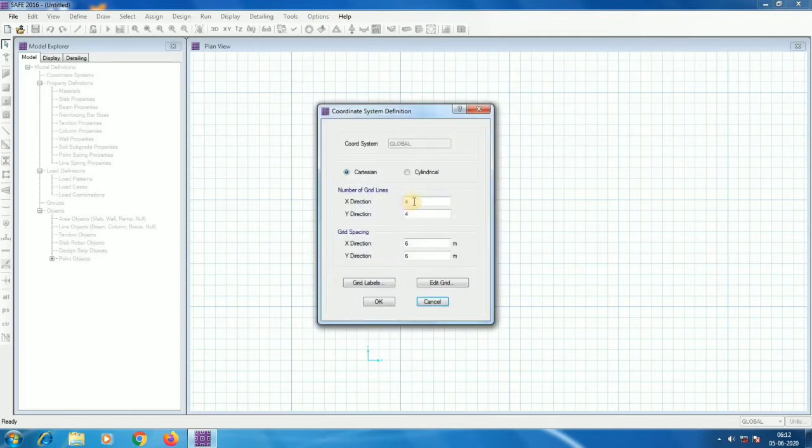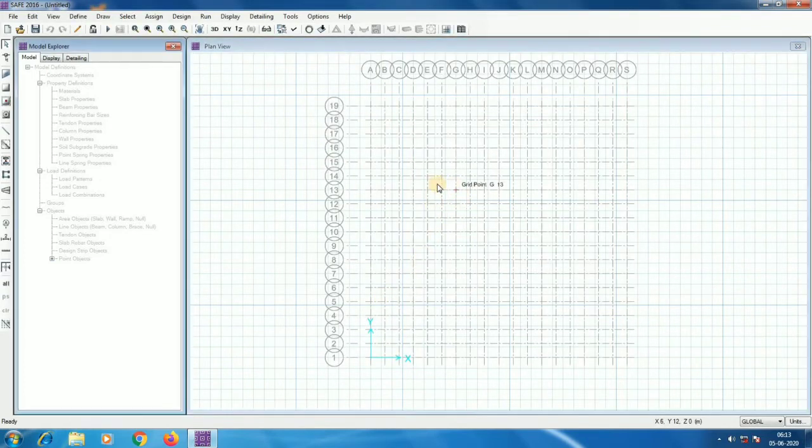We will first draw the slab of building plan and then extend it equally on all sides to make the footing. The building slab is of 18 by 18 meter dimensions. Since we are making it using grids, we will need 19 grid lines in both x and y directions with a spacing of 1 meter between them. As a result, we get this set of grid lines.